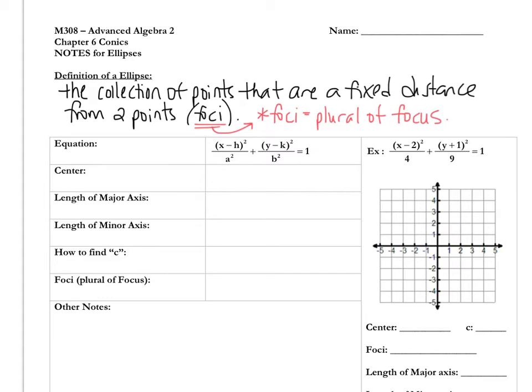Alright, hey everybody. Today we're talking about ellipses. These are oval shapes, so very similar to circles, except they're not symmetric all the way around, so they're ovals. And they do have a lot of similarities between circles and them. And so what I'm going to give you a second here to do is copy down the definition of an ellipse. The definition is not going to make much sense, but we're going to talk about it in class tomorrow,